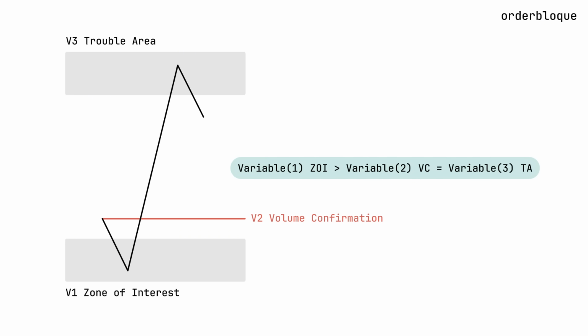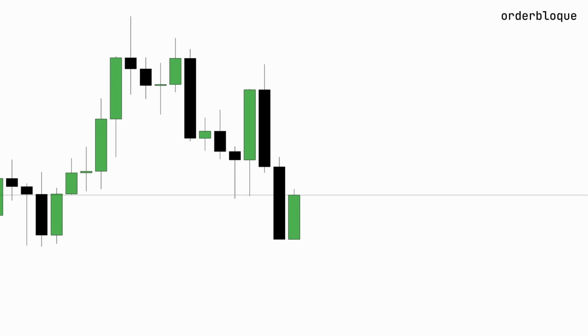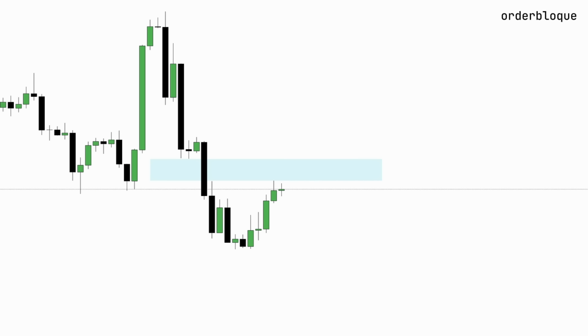Here, if the zone of interest is, for example, on the 4-hour chart, then the volume confirmation and trouble area will be on the time frame below, namely on the 1-hour chart. In our first example, we consider a daily fair value gap as the primary zone of interest, where we need to obtain volume confirmation. Shifting to the 4-hour time frame, we observe the price testing this zone, followed by the